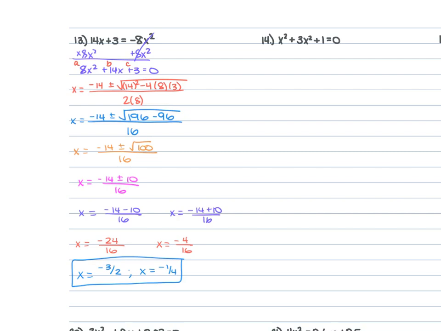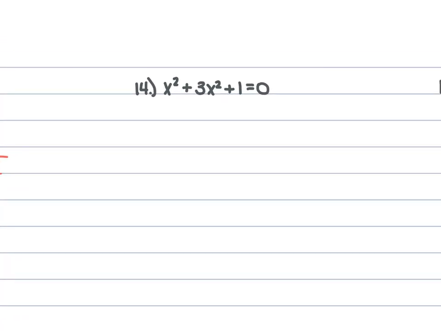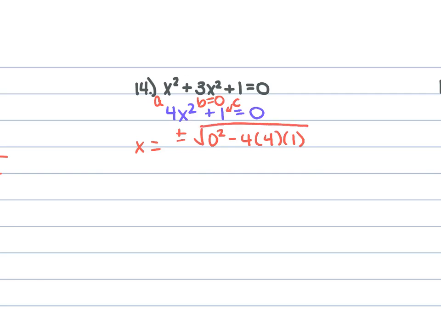For 14, we're given x squared plus 3x squared plus 1 is equal to 0. So the first thing we're going to do with this one is combine like terms. So this is going to leave us with 4x squared plus 1 is equal to 0. Our A is the 4, our B is 0 because we don't have an x, and our C is the 1. So x is equal to negative b, so that's 0. We don't have to have anything there. Plus or minus the square root of 0 squared minus 4 times 4 times 1